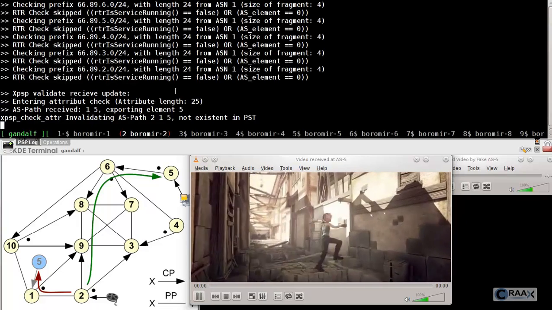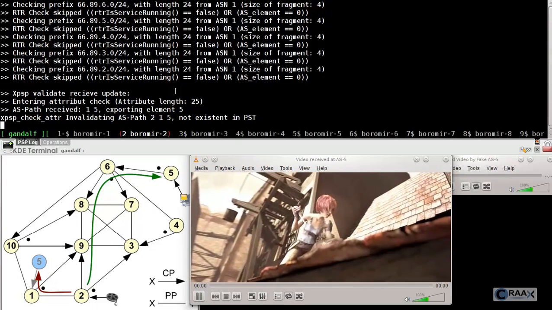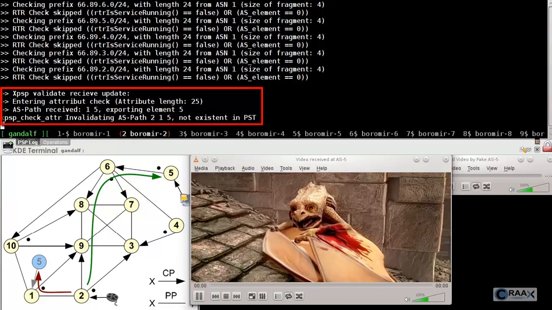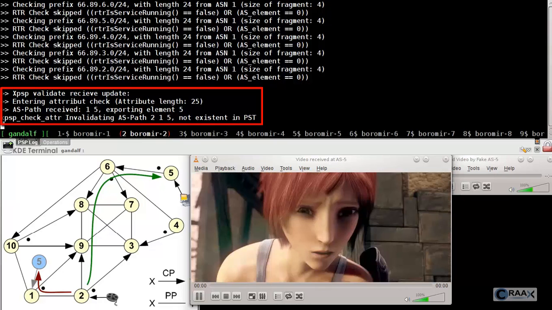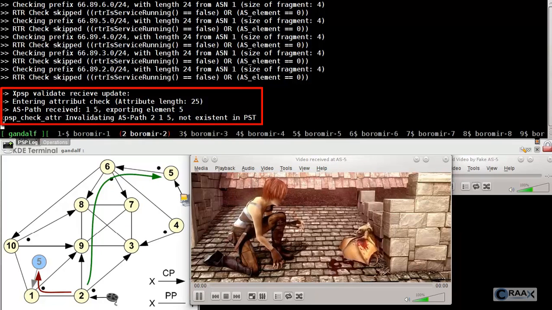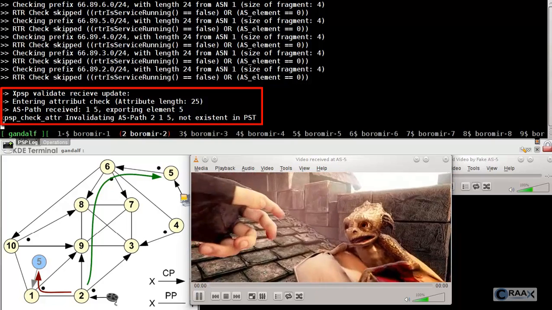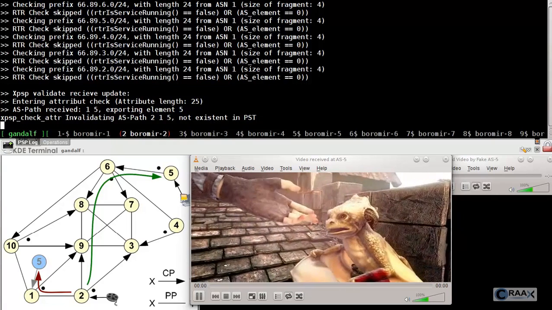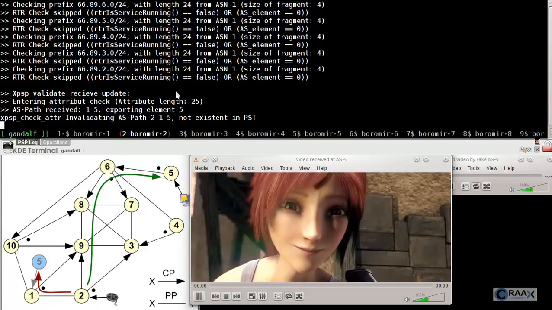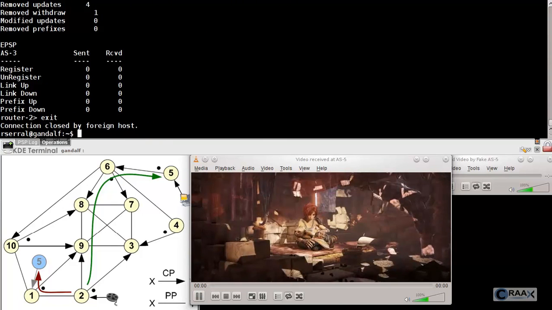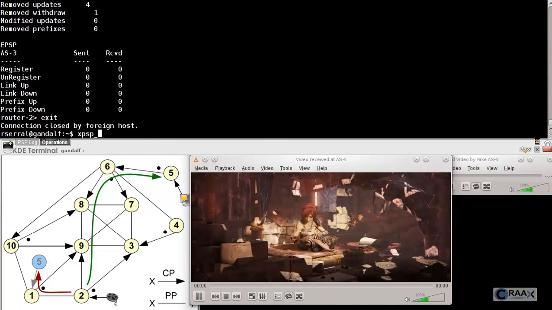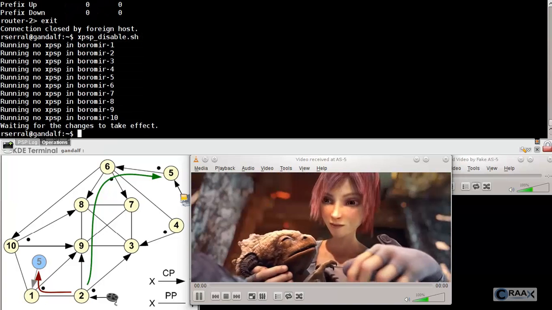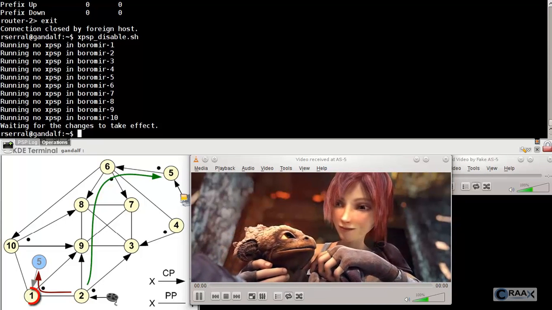If we look at the logs within IS2, we can see that the system is invalidating the invalid IS path 215 because it's not existent in the path state table, which is the set of valid transitions within the topology. After this check, we can disconnect from the router, and the next step will be to disable the path state protocol overlay. The effect of this will be, once restarting the BGP process in IS1, that